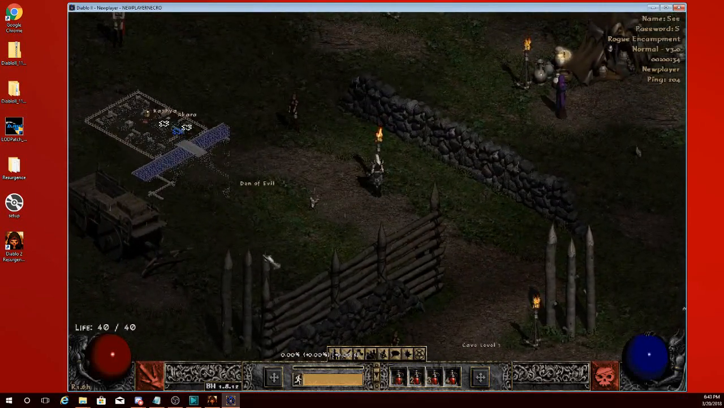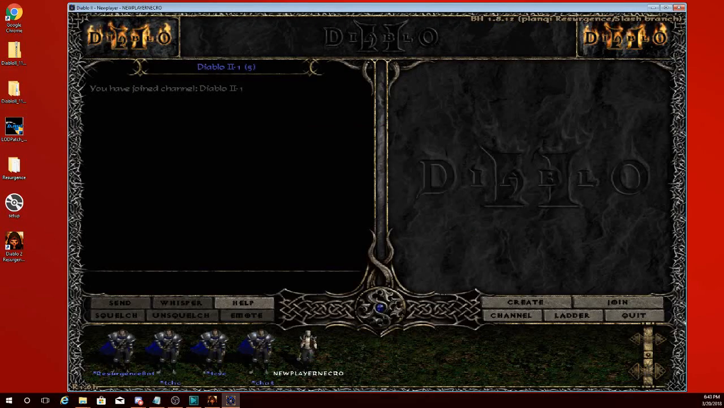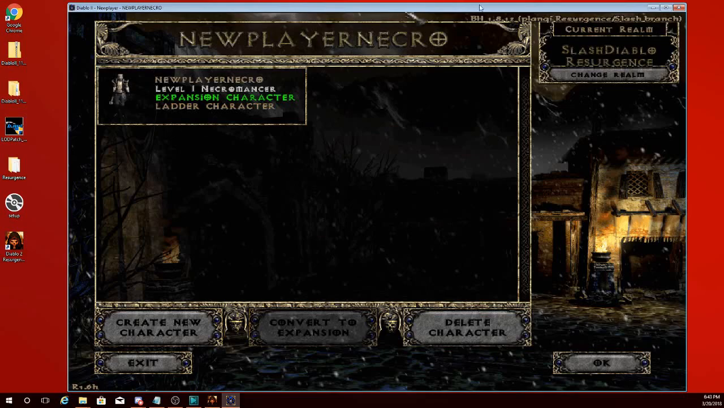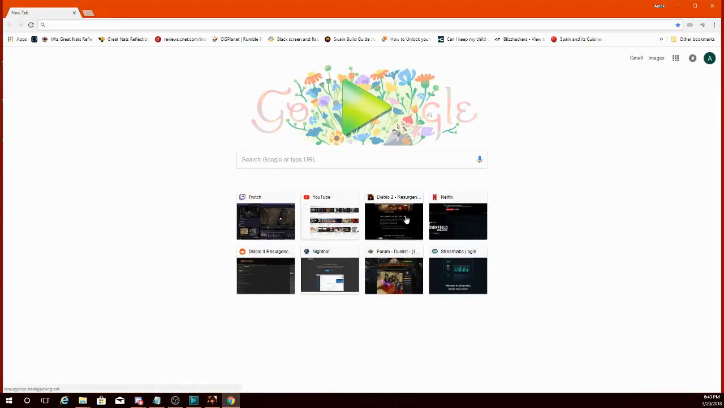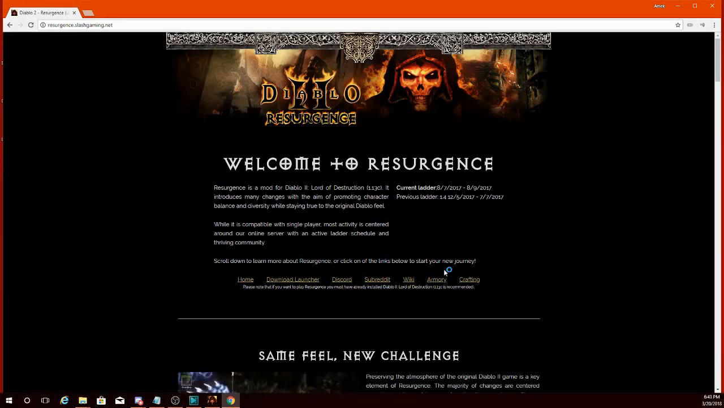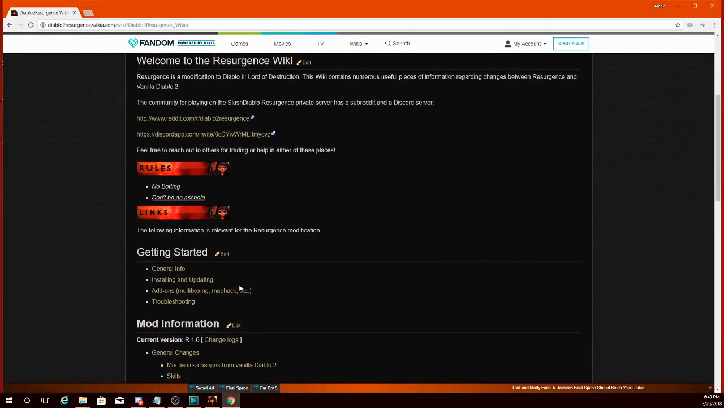So I only have one window open right now. On Resurgence, you're allowed to have 3 windows open at the same time. So I'll go ahead and show you how to do that. It's as simple as downloading a file and placing it into your Resurgence folder. So we're going to go to the Resurgence website, going to head over to the wiki, go down to the getting started section here,